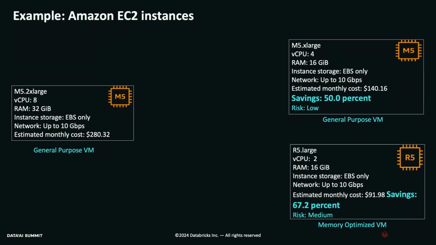So in this example, let's say that there is a general purpose virtual machine for the Databricks workload. This is an M5 2xlarge. It has 8 vCPUs, and instance storage is EBS with up to 10 Gbps. And you see that the monthly cost is 280.32,